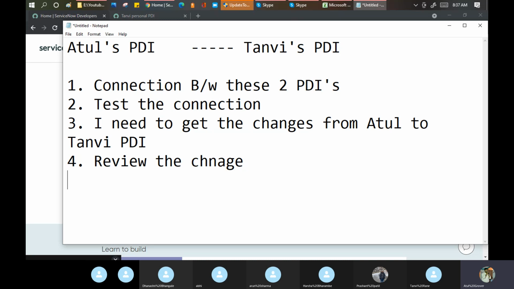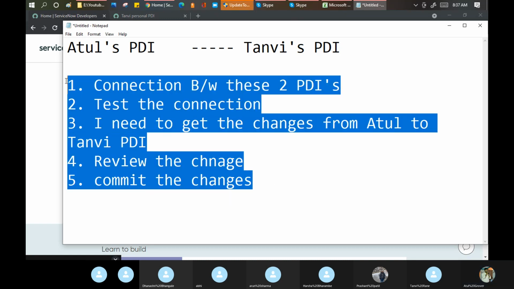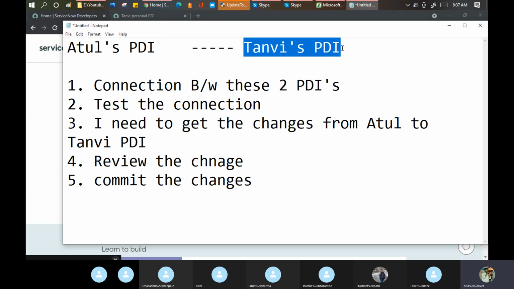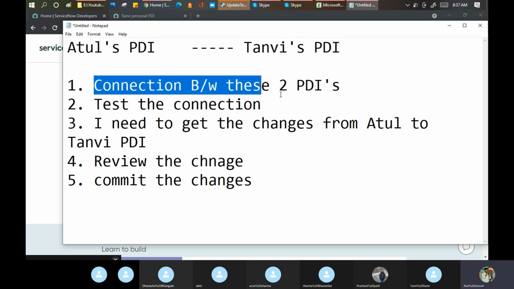Then review the changes, and fifth is commit the changes. These are the five steps which we will follow today to bring my changes into Tanvi's PDI. First of all, the connection between these two PDIs.